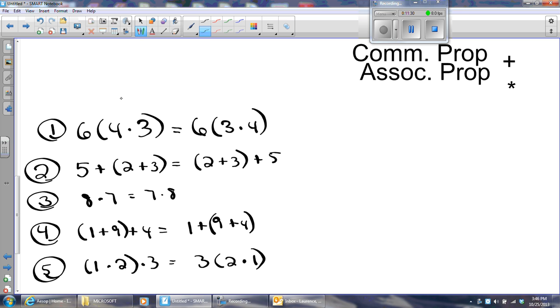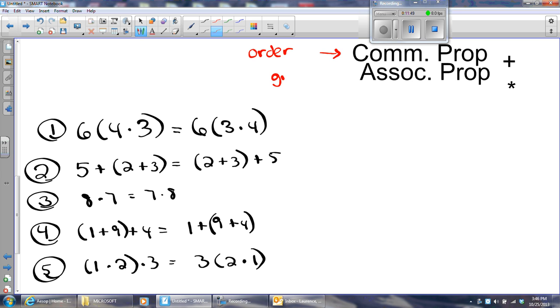Well, let's see. I see a 6, a 4, and a 3. And then I see a 6, 3, and 4. It doesn't matter that there's parentheses in the problem. I'm asking myself, did the order change or did the grouping change? If the order changed, it's commutative. If the grouping changed,